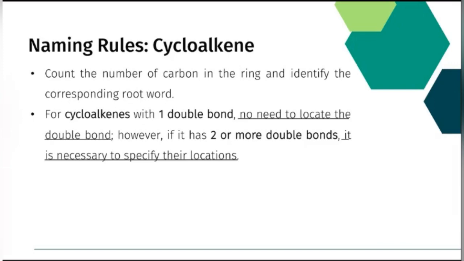We also have rules for cycloalkenes. The same: count the number of carbons in the ring and identify the corresponding root word. The corresponding root word will be from the table presented earlier. So for cycloalkenes with one double bond, no need to locate the double bond. However, if it has two or more double bonds, it is necessary to specify their locations. For example,